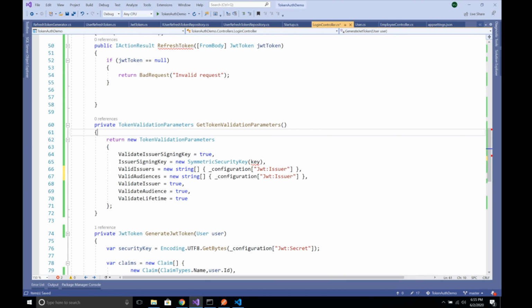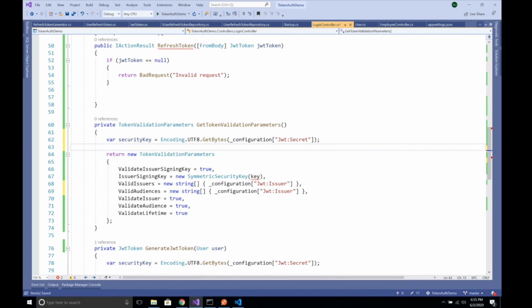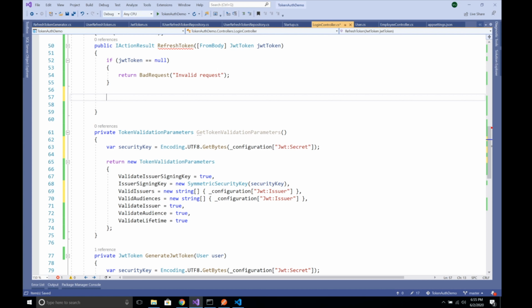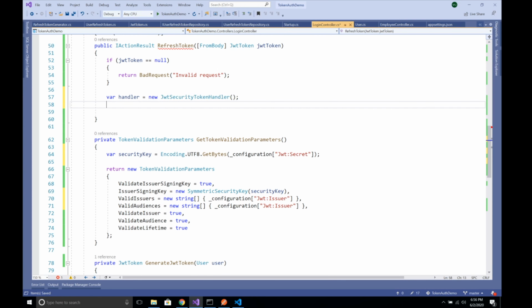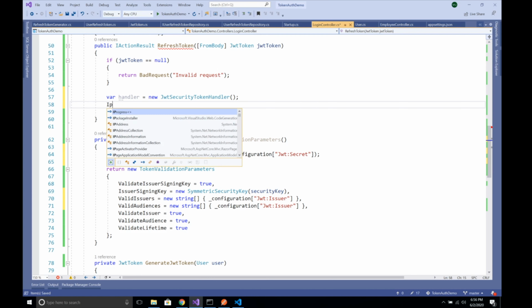So we can use the same thing here, and we can generate the new key, security key, and then pass the security key here. So when we compare the token that is coming from the client, the expired token that is coming from the client, again those token validation parameters, then that token should be validated. So we create a handler here, so variable handler equal to new JWT security token handler,